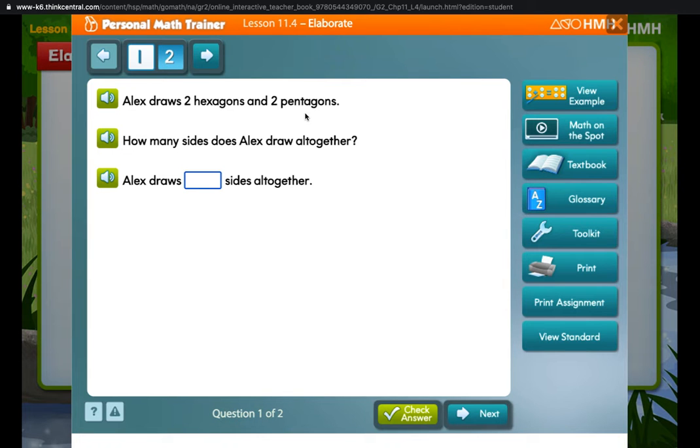So if he drew 2 pentagons and each one has 5 sides, then that means that there are 10 more sides. So we add the 12 sides from the 2 hexagons and the 10 sides from the 2 pentagons together. When we add 12 plus 10, we get 22. So when it says how many sides does Alex draw all together, we can say that Alex draws 22 sides